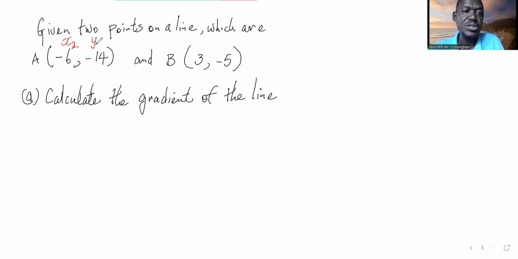It doesn't matter what you call it, Y2, X1. So go ahead, everybody, find the gradient. Don't move ahead. The next one is the y-intercept C. Use your formula, y2 minus y1 divided by x2 minus x1, and give me the formula. So for Kylon and Shalomi, remember m is equal to y2